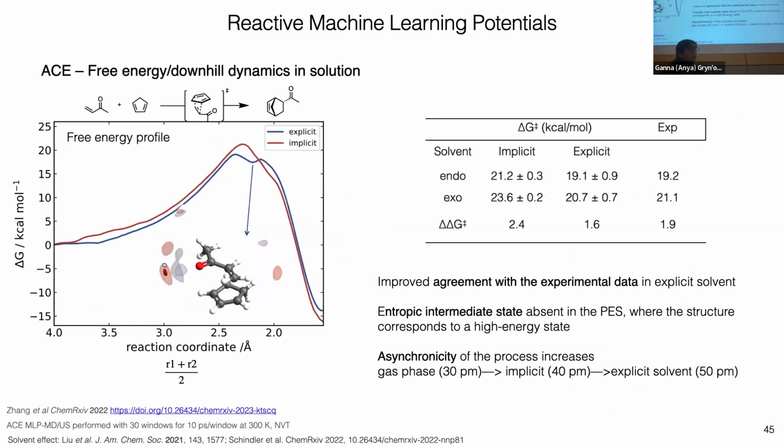What has been interesting too, if you compare to experiment, is that you can do free energy calculations. So we can now combine that with umbrella sampling, and we use our potential to run downhill dynamics, but also umbrella sampling calculations where you can identify